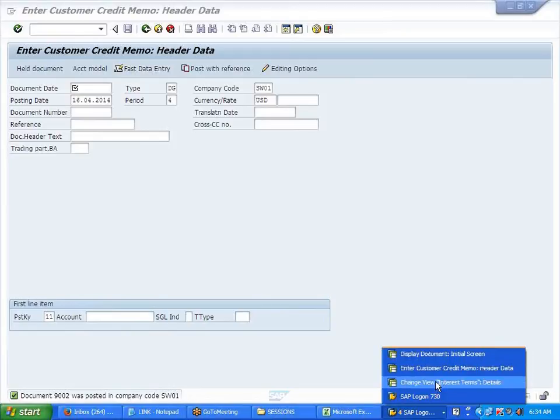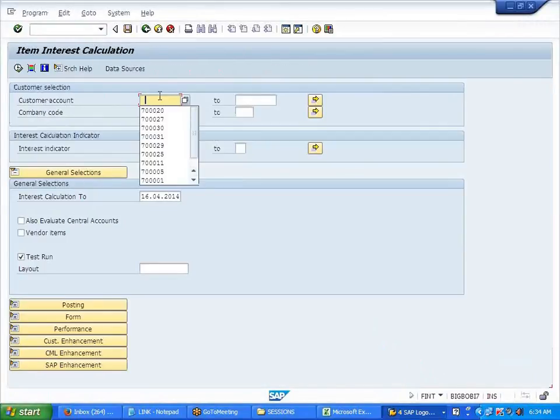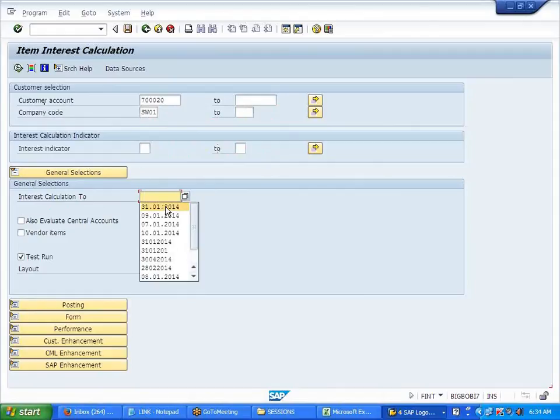Now what I'll do is FINT. What's this now? 720/01. Same, 31/01/2014.